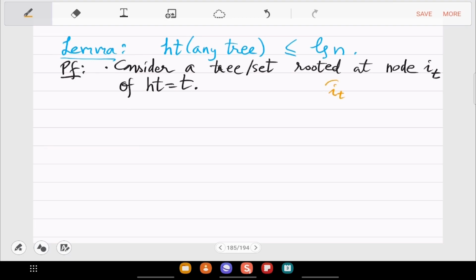IT is the root node, and there is some subtree structure, but we'll just take the longest path possible. That child is IT minus 1, and so on till you see I1, and then I0.